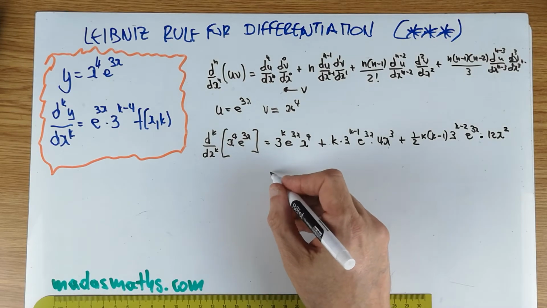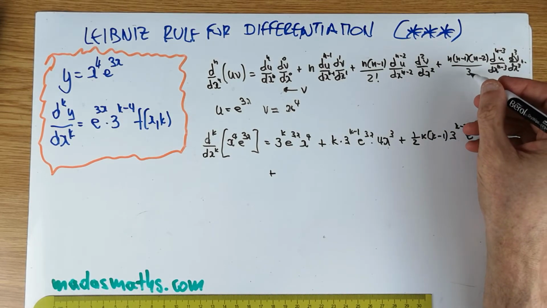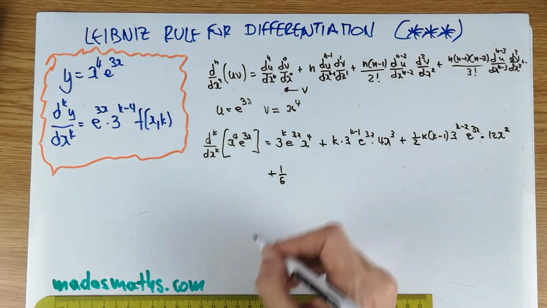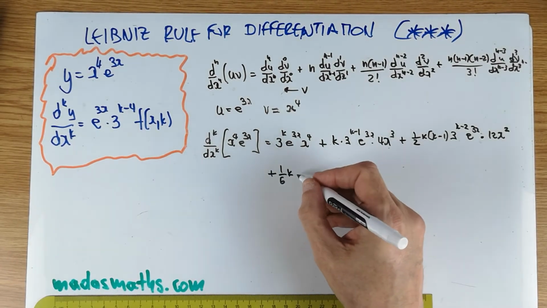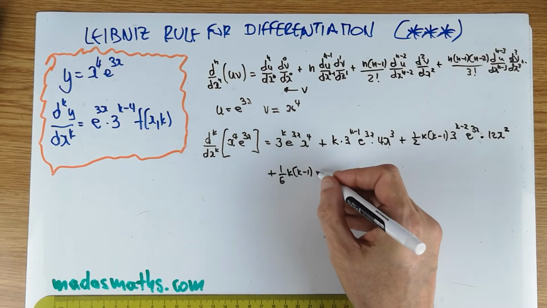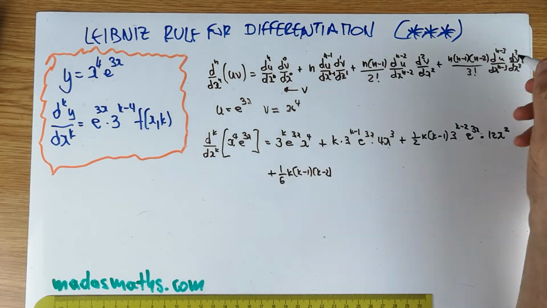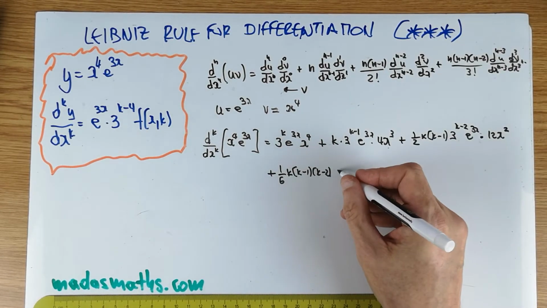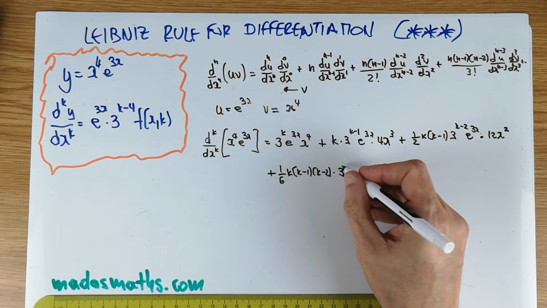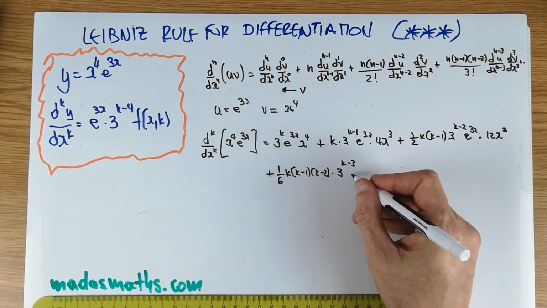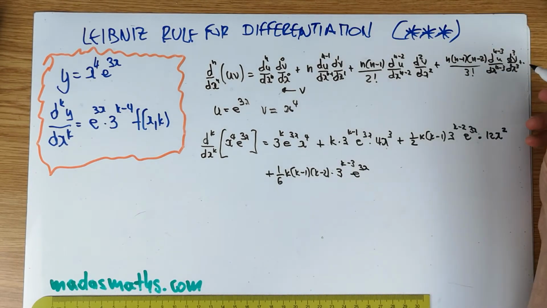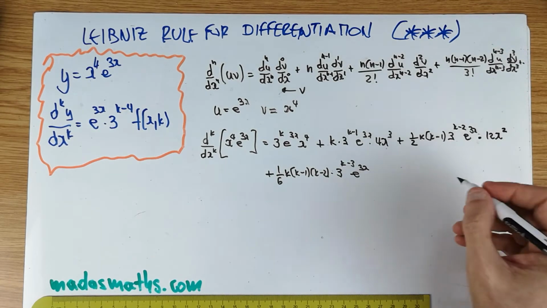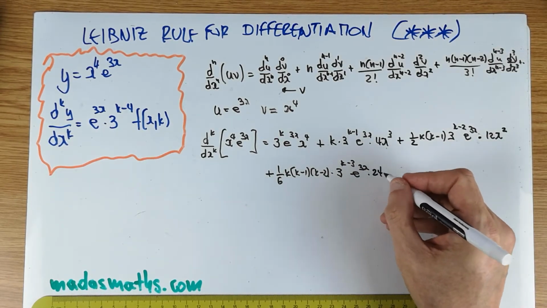And we're going now plus, we're going to 1 over 3 factorial there, very stupid of me again, loads of mistakes, as you probably know with me. K minus 1, k minus 2, differentiating the exponential k minus 3 times is going to be times 3 to the k minus 3, e to the 3x, and now the third derivative, so that's the second of the v, so it's going to be times 24x,